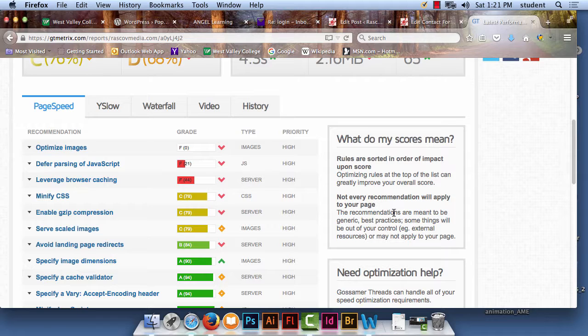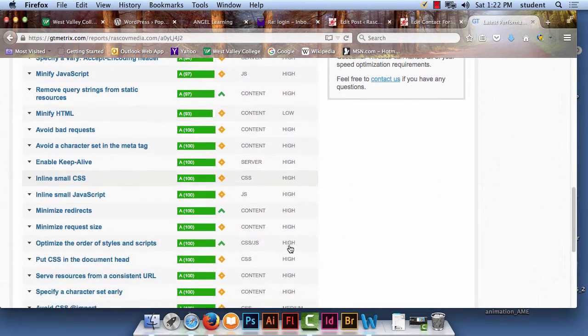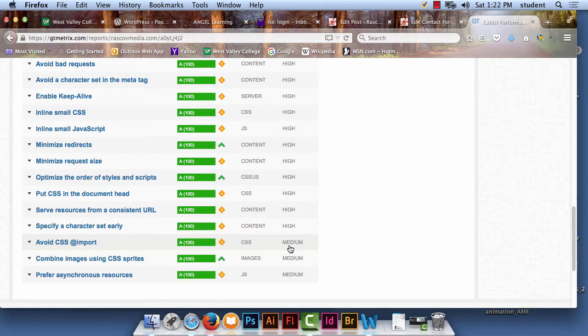Oh my god, my site images are bad. Defer parsing of JavaScript. Leverage browser caching is bad. Minify CSS. Enable gzip compression. Serve scaled images. Avoid landing page redirects. So, I got 100% on some stuff. But then if you